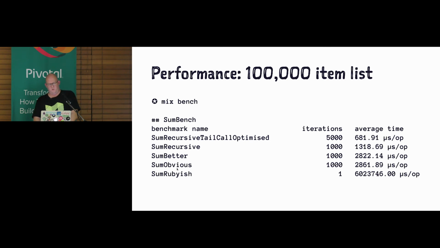Some better, obvious, Ruby-ish. What's the iteration? The number of times it's run? Or how big's the list? What is the iteration column? Oh, it's just, so benchfella, when you run it, essentially gives you,